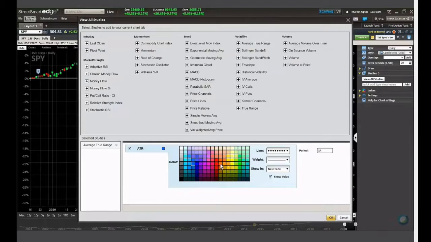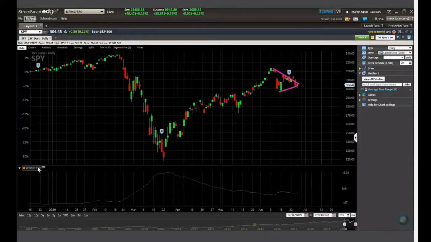Let's go kind of orange. Orange is a fun color. I'm going to hit OK. All right. Here's your average true range. This is just letting you know how it's changed over time. Really, all we need to know is the number. So right here, $6.50. What this tells me is that on any given day, the S&P 500 can go up $6.50 or so, or down $6.50. So if I'm setting up my trailing stop, I'm probably going to want to be at least $6.50 away from the current price.